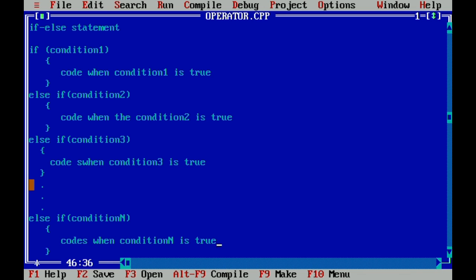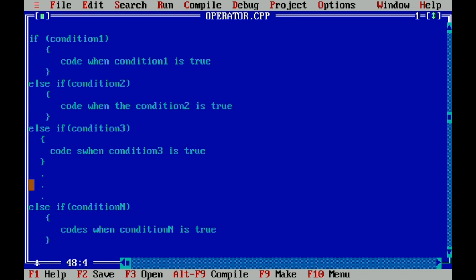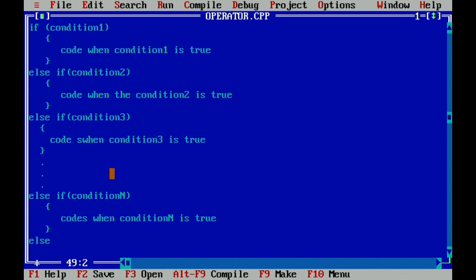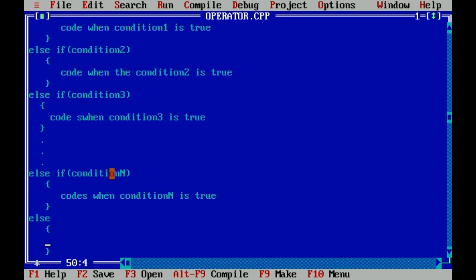Otherwise, when all those conditions are false, so for example, the first condition up to the nth condition are all false, then you will now have an else statement. The else statement is actually optional. You can end with the last condition here, but sometimes it's necessary.